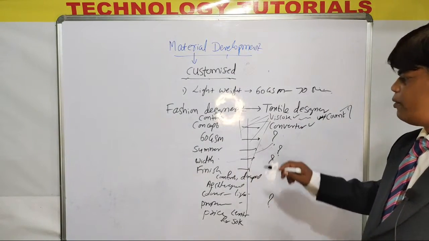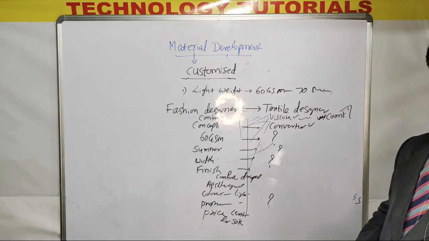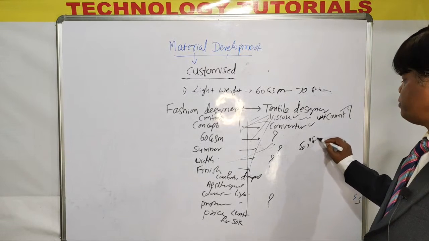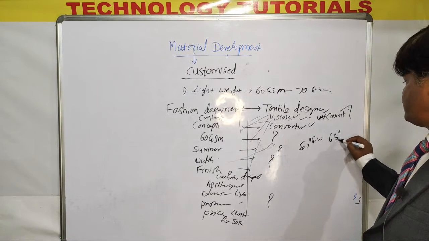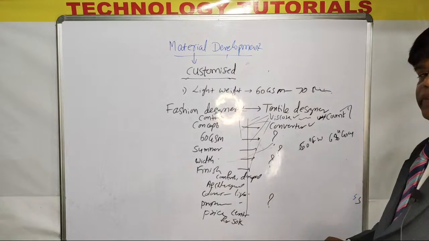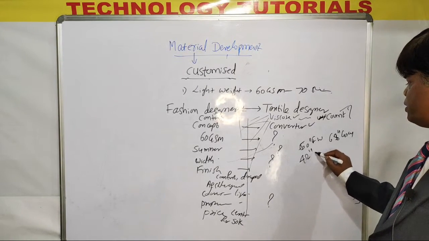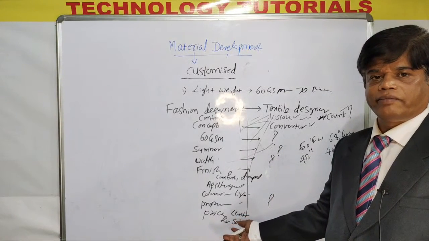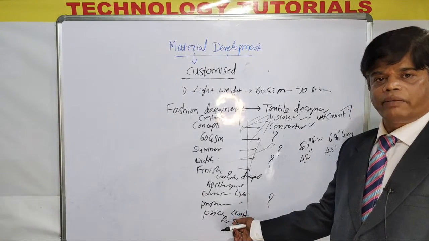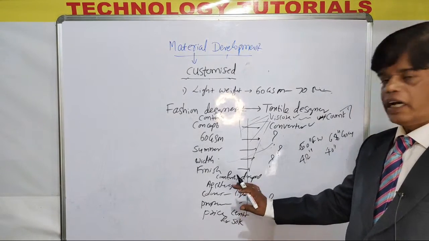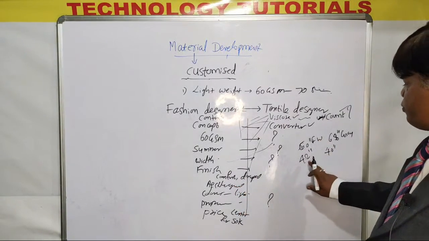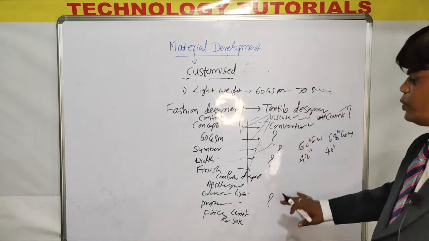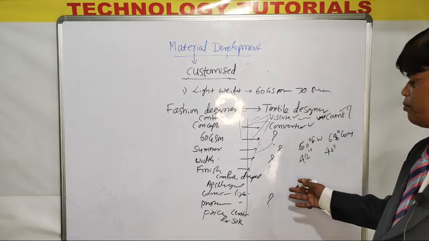Then width, what width can he view, whether for 60 GSM, 60 inch finished width, or 63 inch or 68 inch gray width, or can go for 42 inch or 40 inch. What is the fabric consumption? He has to ask whether one garment piece can be accommodated in 42 inch fabric, 40 inch fabric or 60 inch fabric. These are all the questions he has to cook. He has to start cooking.